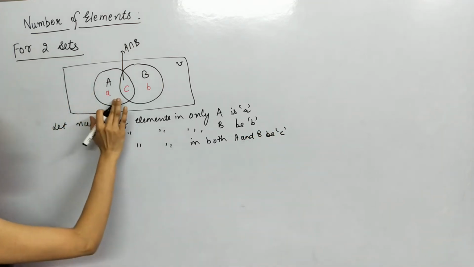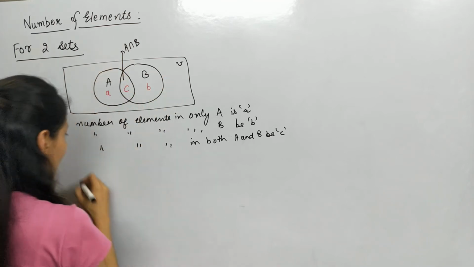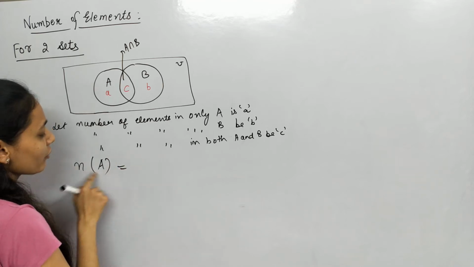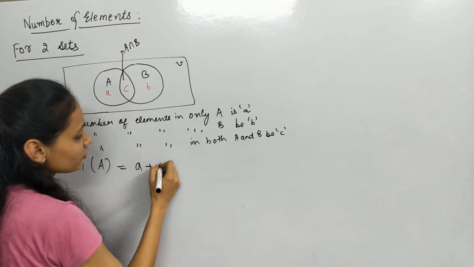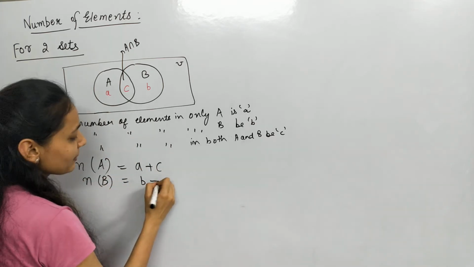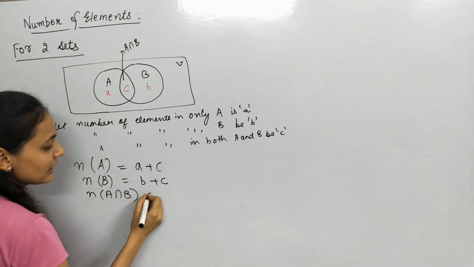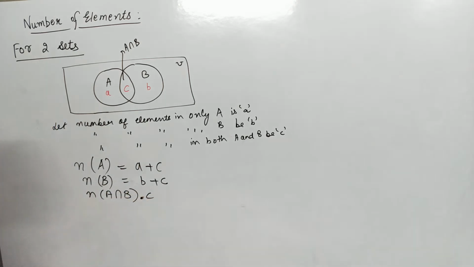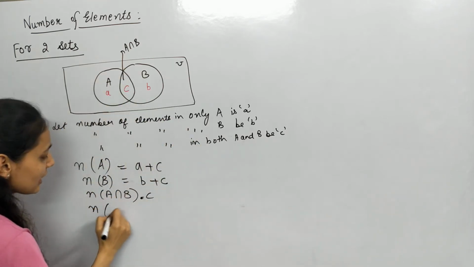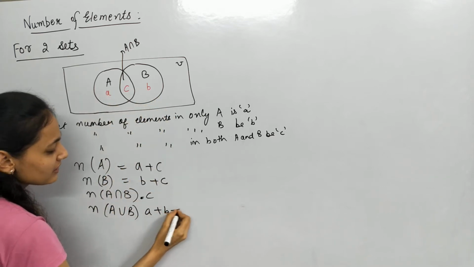हमने ये मान लिया कि सिर्फ A सेट में a है, B में b है और C में C एलिमेंट्स हैं. तो टोटल नंबर ऑफ एलिमेंट्स इन सेट A कितने हो जाएंगे? नंबर ऑफ एलिमेंट्स इन A, कार्डिनल नंबर ऑफ A कितने हो जाएंगे? a प्लस c, उसकी इंटरसेक्शन में भी जितने हैं. सिमिलरली नंबर ऑफ एलिमेंट्स इन B कितने हो जाएंगे? b प्लस c हो जाएंगे. एंड इंटरसेक्शन में हमने माना हुआ है कि C एलिमेंट्स हैं. ठीक है. नाउ अगर हम इस तरीके से देखें तो n(A union B) क्या आएगा? तीनों सेट्स में कितने एलिमेंट्स होंगे? a प्लस b प्लस c.